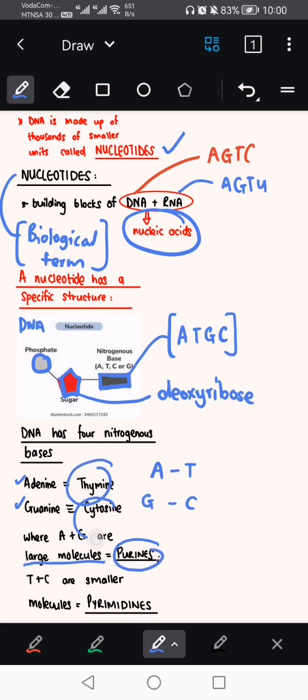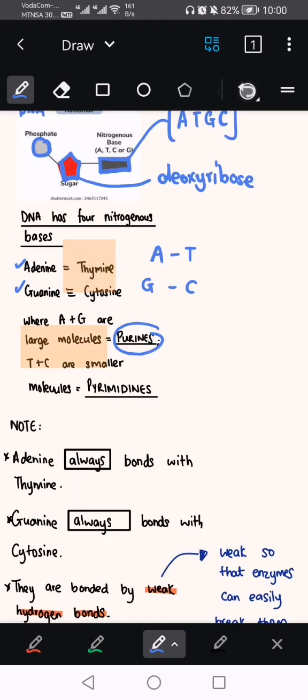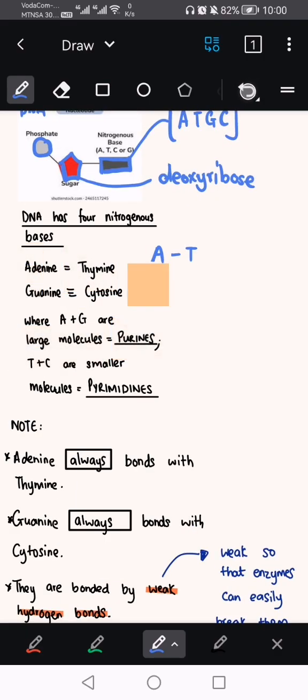Thymine and cytosine are known as pyrimidines because they are smaller molecules, right? And as I read here, note that adenine always bonds with thymine and guanine always bonds with cytosine. Important to note,